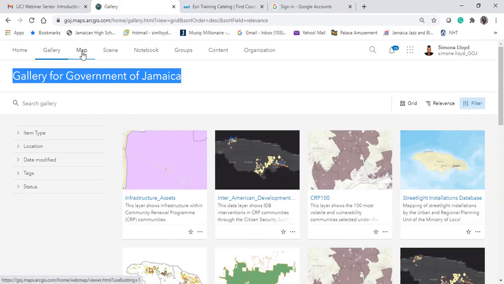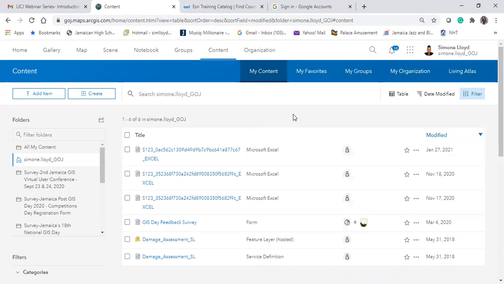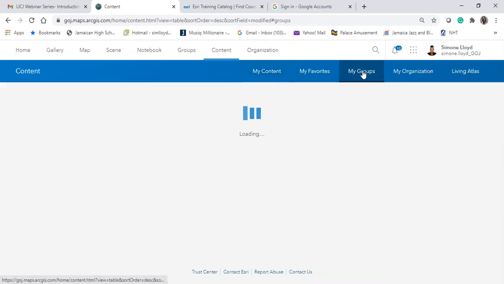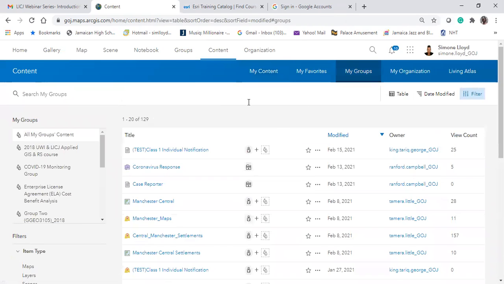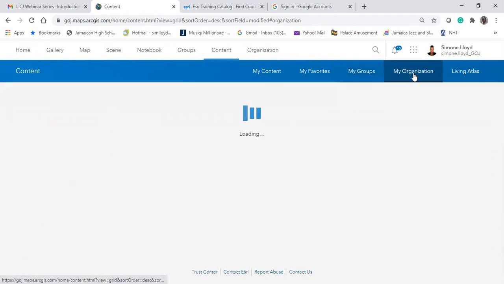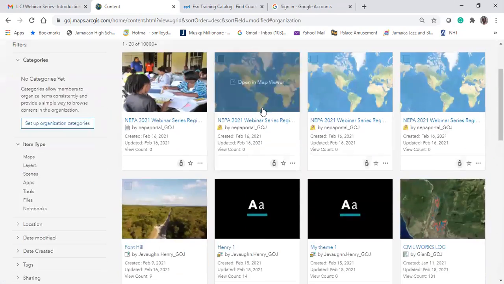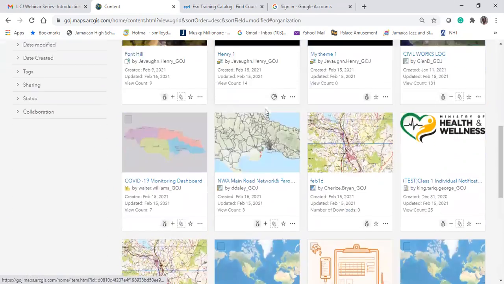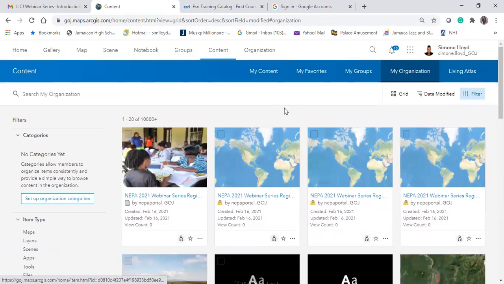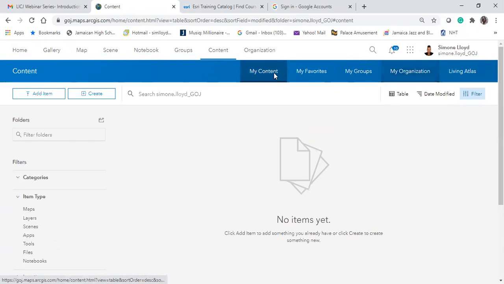With map, let me go to content and then I'll come back to map. Content is where you see all your content. So it automatically goes to my content. Then there is content available according to your group. So what is available in the groups that you are in is different from what is available in your organization in terms of content. Right? Importantly,